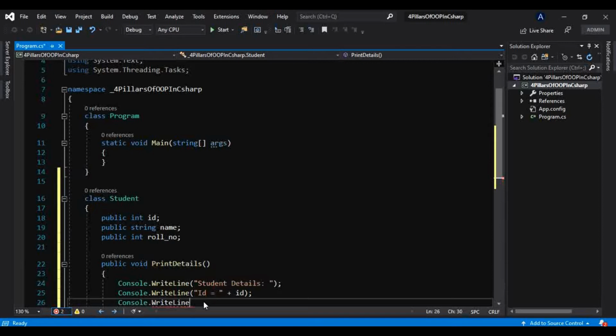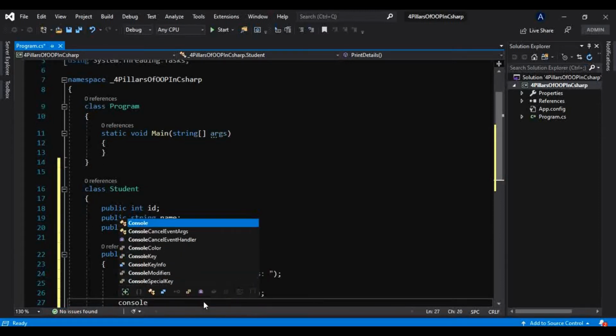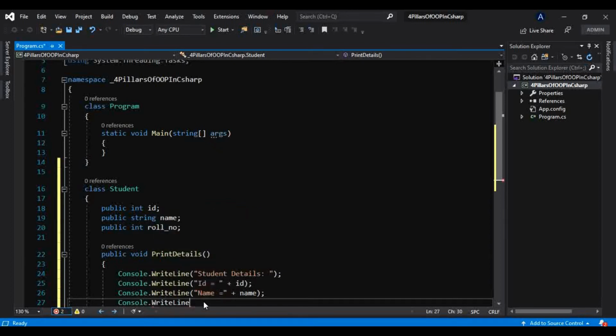Then "Name is equal to" plus, and I will append that name here, and Console.WriteLine "Roll number equals" plus, and I will append that roll number to that message.